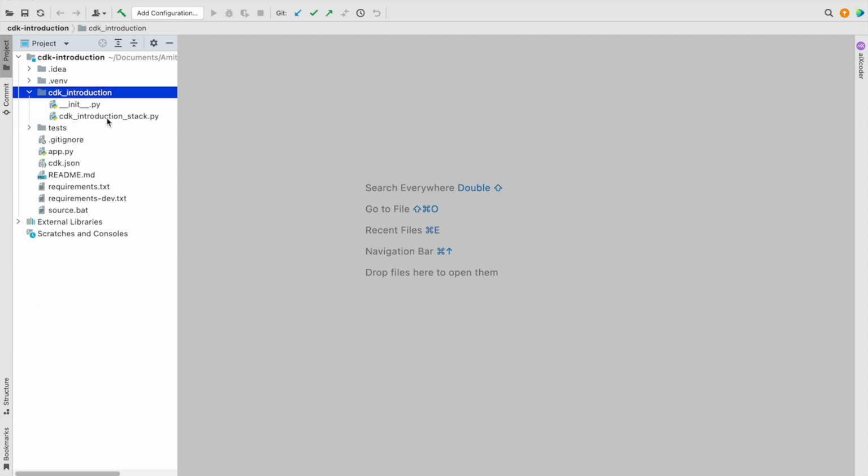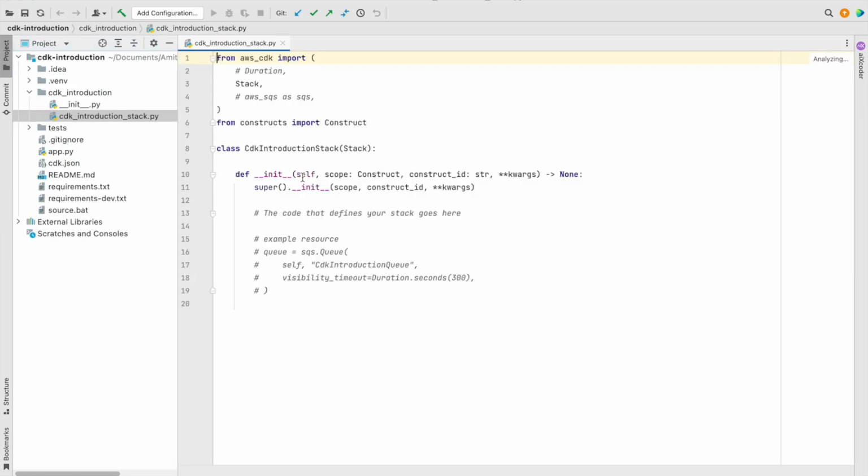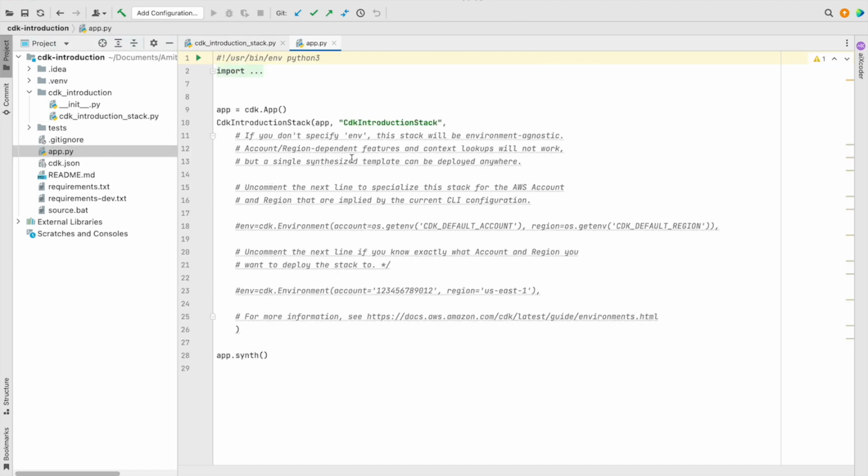And it has a stack. This is the main stack that we will be running, and we will be creating the resources. This stack is the one that is actually responsible for deploying the infrastructure in the AWS account. So here we will be creating all the resources, and those resources will be deployed in our AWS account. And the most important part is the app.py, where it is actually saying that this is a CDK introduction stack,